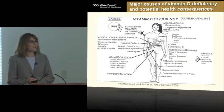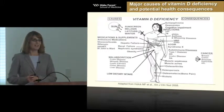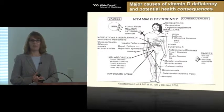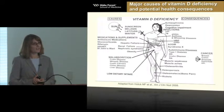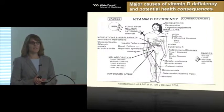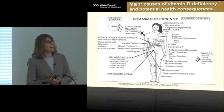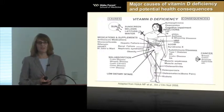Because of all of this new research in vitamin D, there has been a lot of conjecture about how vitamin D may improve a lot of different health outcomes. Potential causes of deficiency include lack of sun, whether it's through lack of exposure, latitude, winter season, but also use of sunscreen, and individuals who have high melanin content. Medications and supplements, there are certain ones that can impair absorption, as well as some malabsorptive conditions that can impair